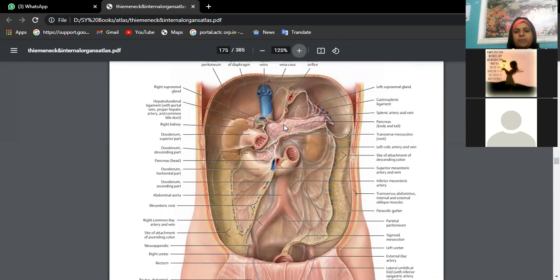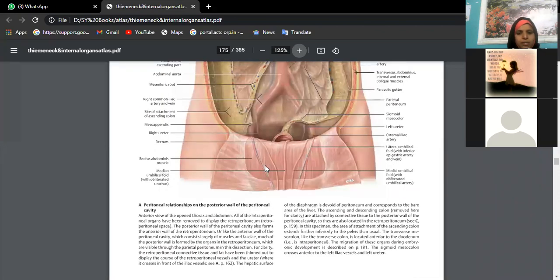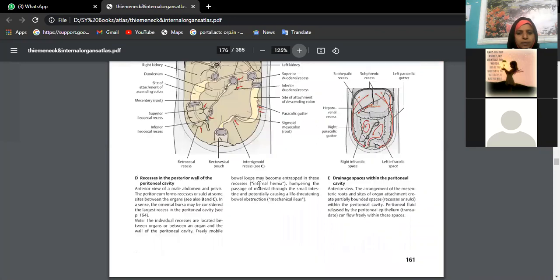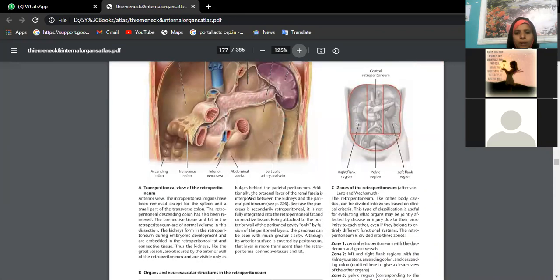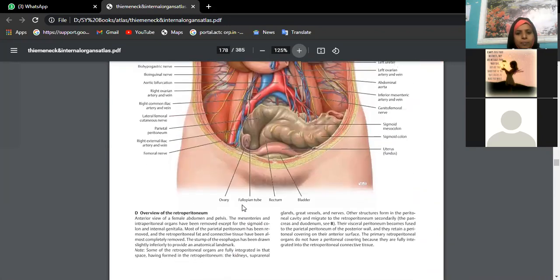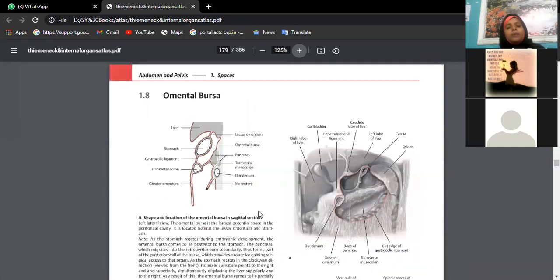Within the C-fold of the duodenum, which visceral organ is present? Pancreas. Tell me the parts of the pancreas. Head, neck, body, tail. Very good. Towards the head, you have a projection, no? Uncinate process. Very good. Okay, fine. Nice. So this we did. This also we did.